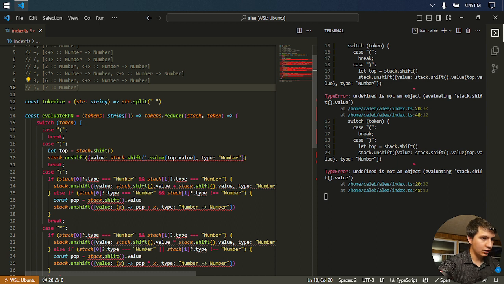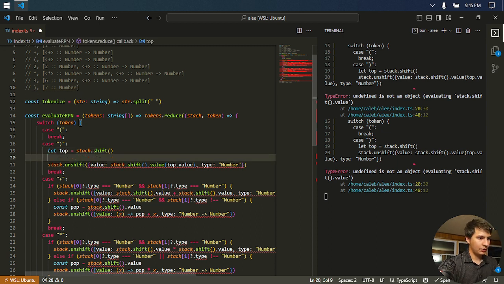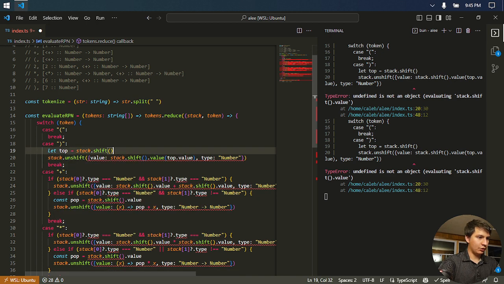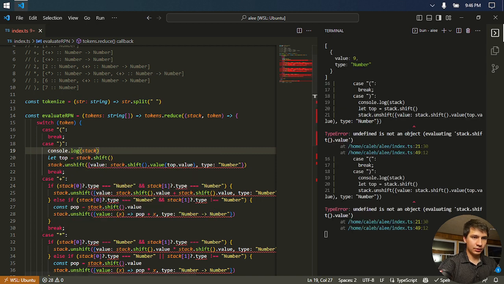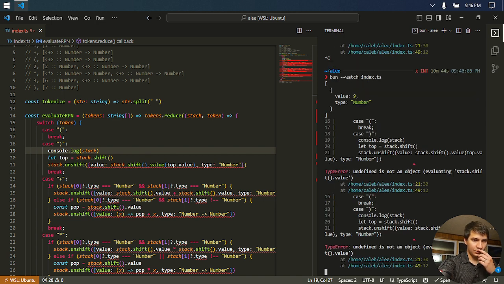The next bit should give me the value that's a function, and I'm calling that with top dot value. So let's real quickly, before we even do anything here, figure out what the stack looks like. Interesting. The first time it hits this,